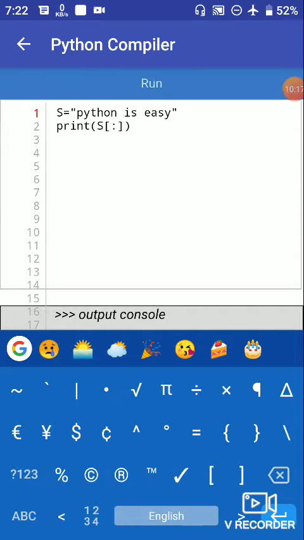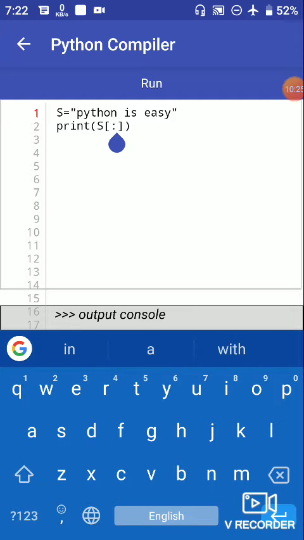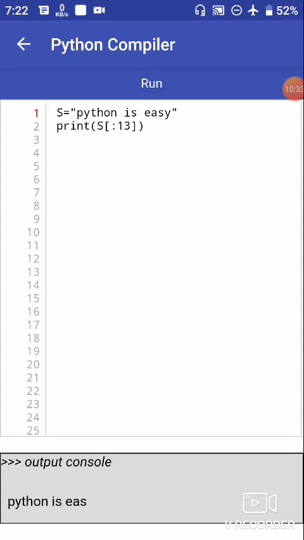It gives us the string "Python is easy", the whole string, without the colon. Now we change the values, colon and 13, so it will give us the first 13 characters from the start, "Python is", and the 14th character will not print here.